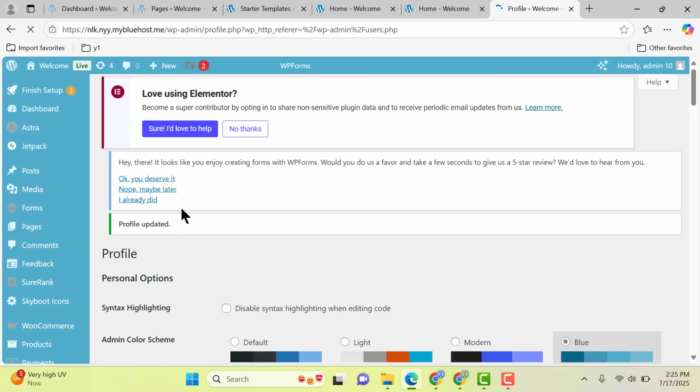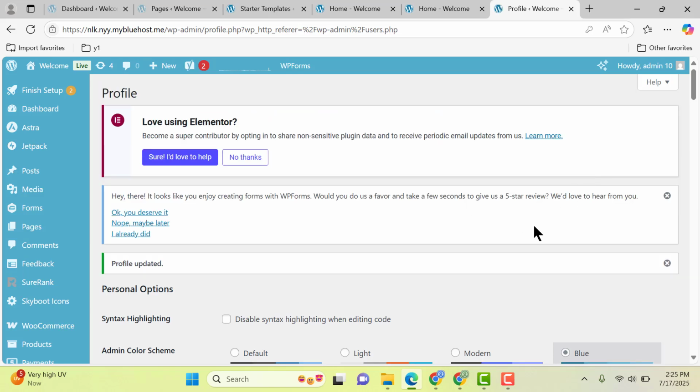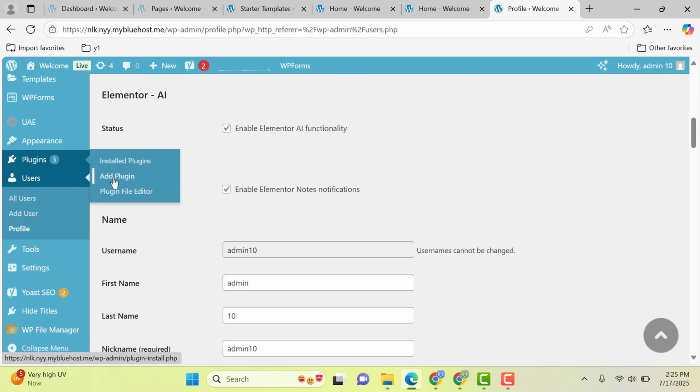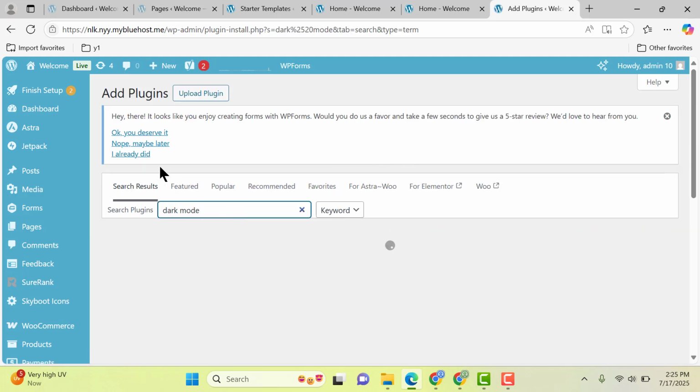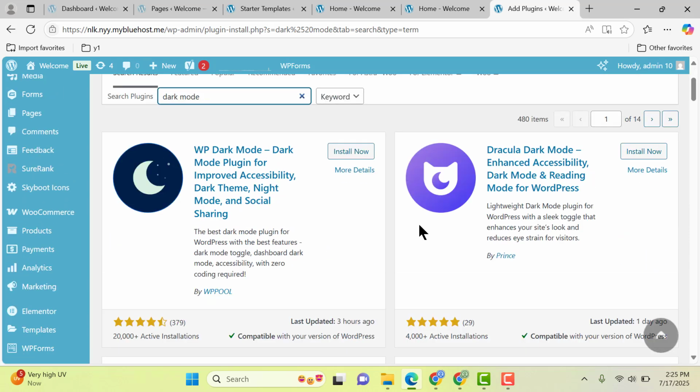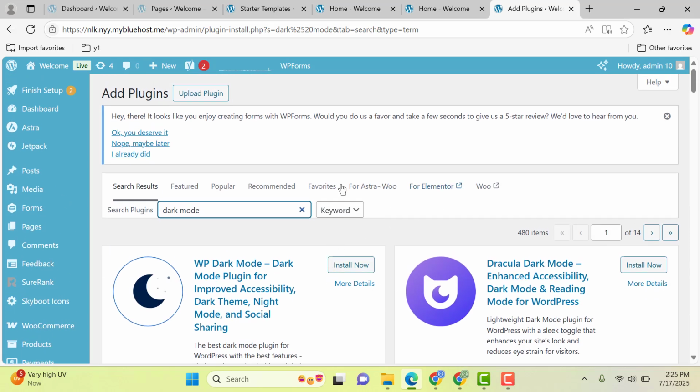And if you want to change this area to the black color, then you can go and install a new plugin. You can search for dark mode. So these are the plugins that let you customize these background colors in your WordPress